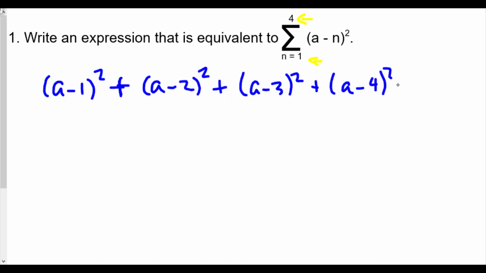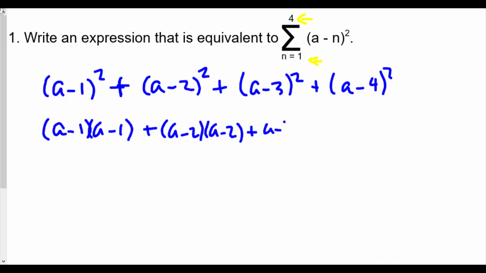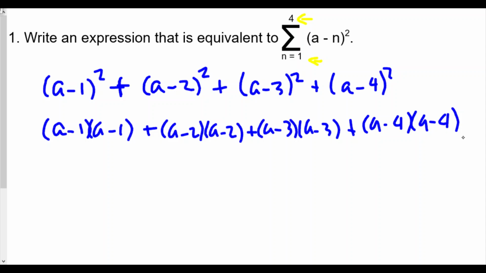And so here we have this all written out, and now at this point I want you to expand everything. (a minus 1) squared will be (a minus 1) times (a minus 1), plus (a minus 2) times (a minus 2), plus (a minus 3) times (a minus 3), plus (a minus 4) times (a minus 4). Now here we're going to multiply it. We'll use our skills we learned before about multiplying polynomials, and so we'll distribute. In the end we should get a squared minus 2a plus 1 for the first one,